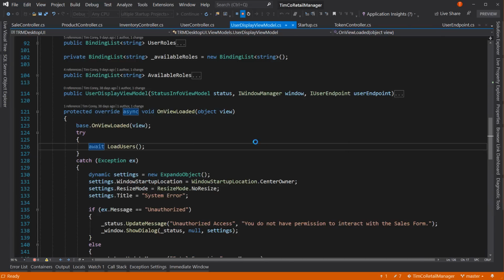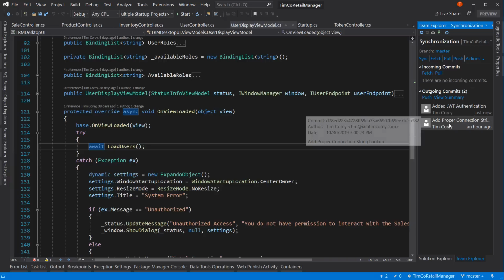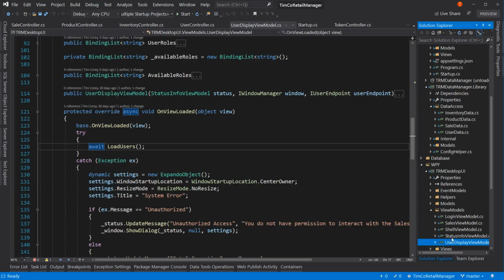So it's adding authentication back in. So now let's take all the changes we made and say added token. Let's add JWT authentication. And we're going to commit and push those changes. Since we actually already had, let's just commit and then go to sync. And notice we have those 2 commits because we have 2 different things that we worked on today. Really more than that, but for our small team, 2 is fine. We'll push those up, and now we have committed all of our changes,